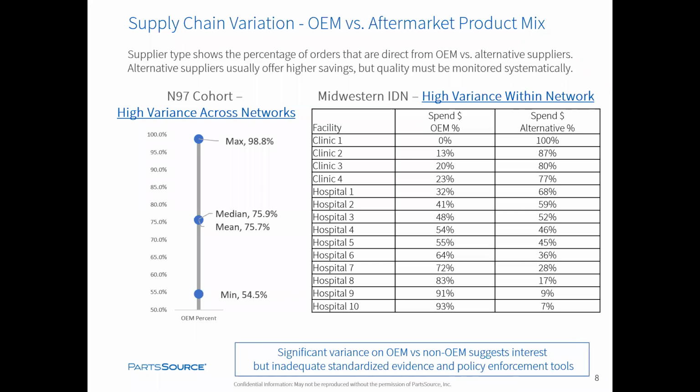And we were, again, really struck by this notion that you've got small, non-reoccurring orders with lots of price errors and variability, and apparently, no good methodology about when to use OEM, when not to use OEM. And that led us into really the next phase of the study, which was all of that is generally speaking bad news. Certainly, if you're a supply chain leader,